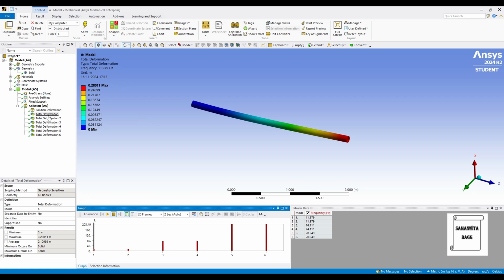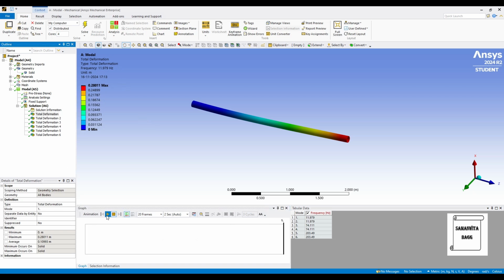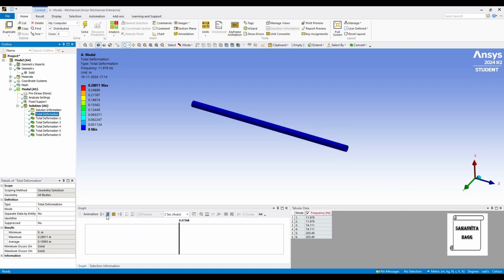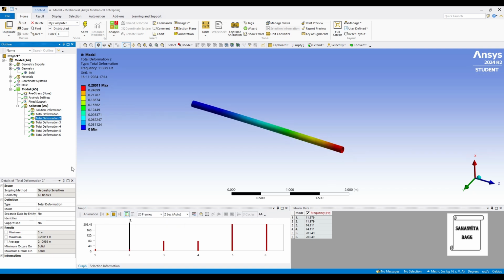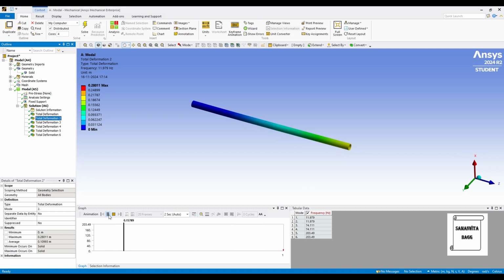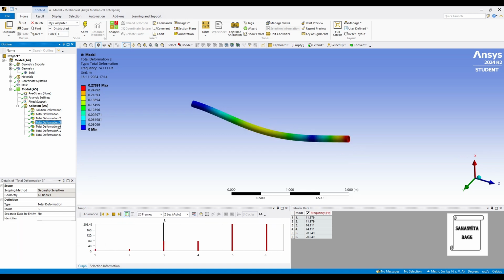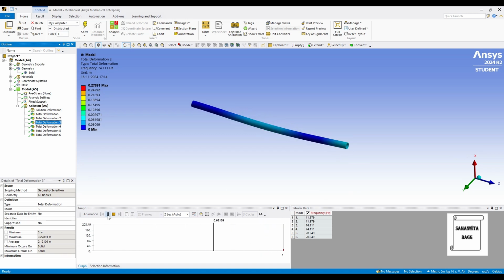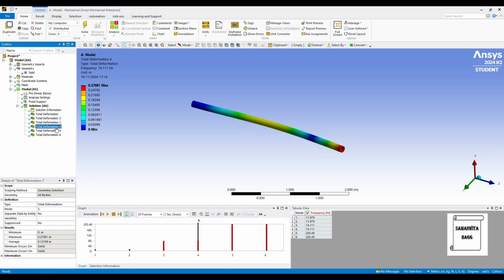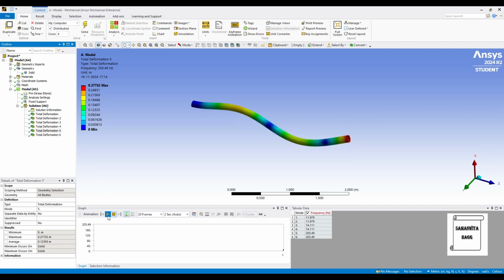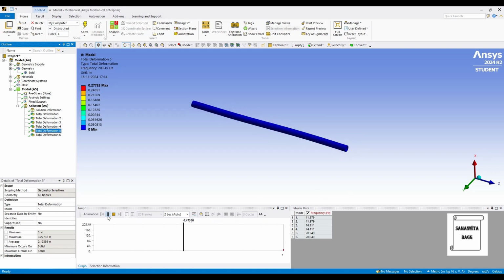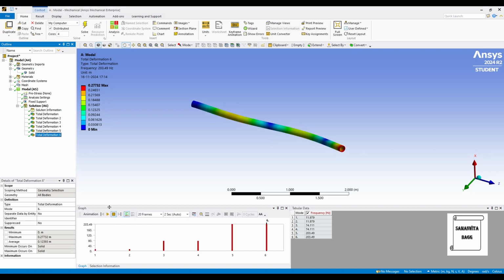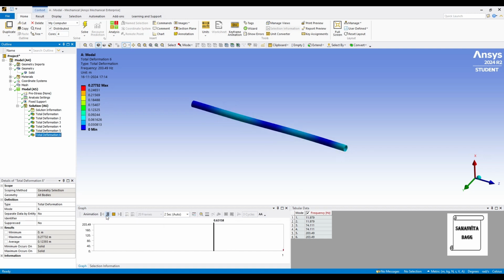And you don't have to see the pattern of its motion again because the pattern remains the same. You can see here, it will be the same for all the analysis, because these are the modes of vibration which will remain the same. They do not change from material to material. So they will be the same.